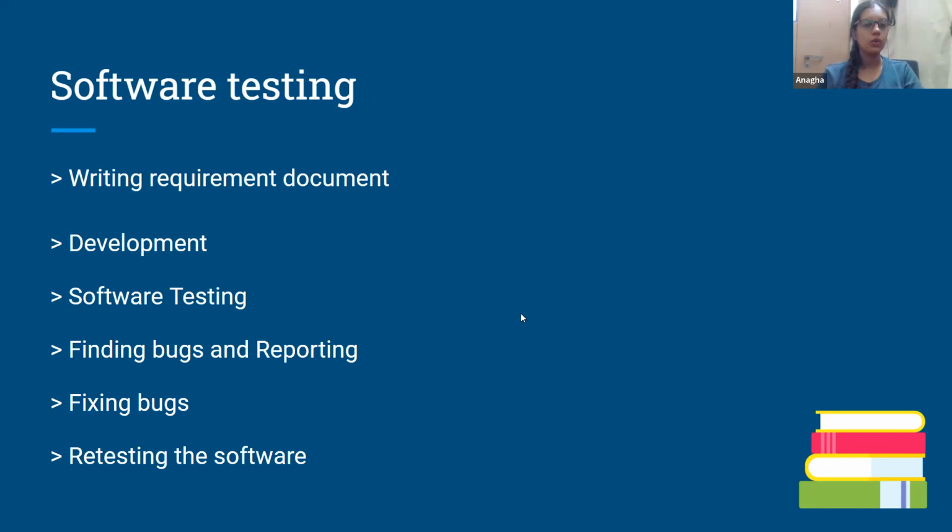So now since you got the basic idea of software testing, we'll see what the processes in software testing are. As I mentioned, software testing and quality assurance go hand in hand. They are nothing but the same thing; the same definitions are used under different terms. So how do we start testing a software? First,